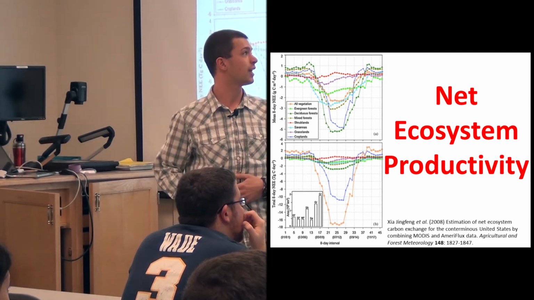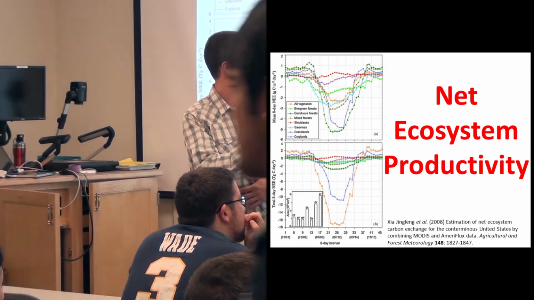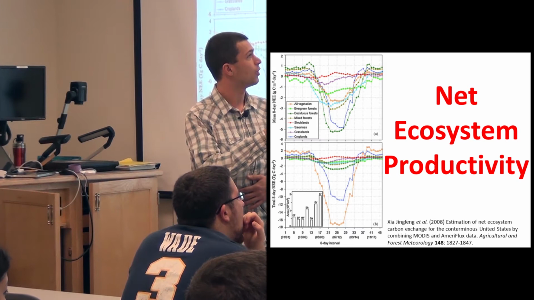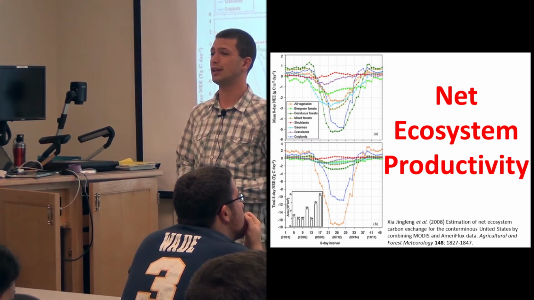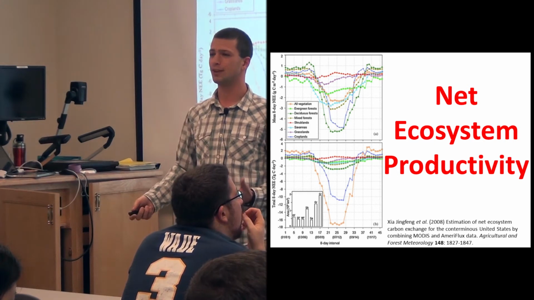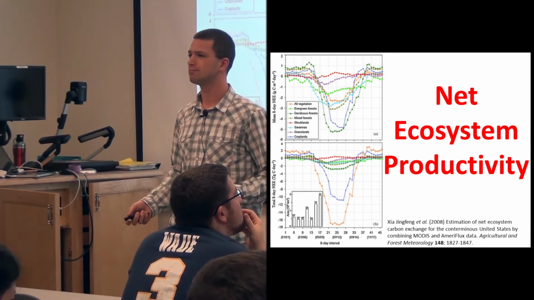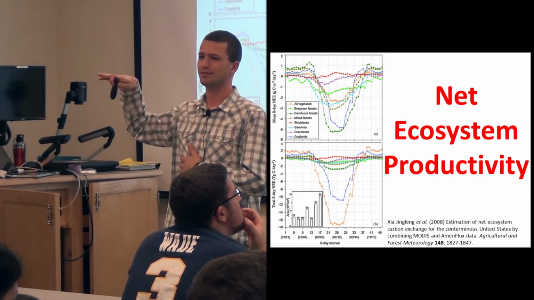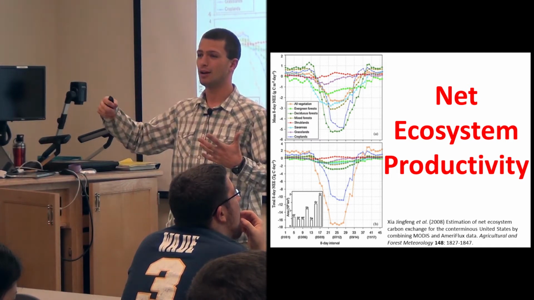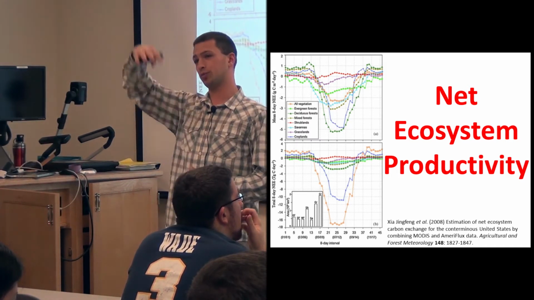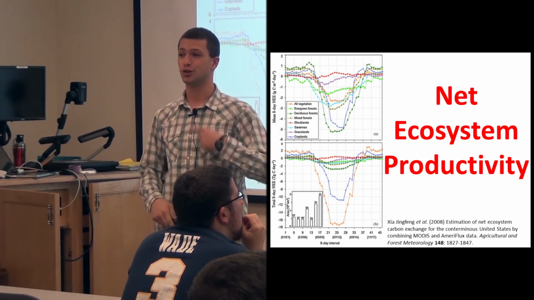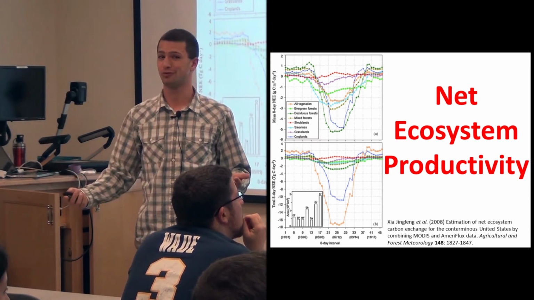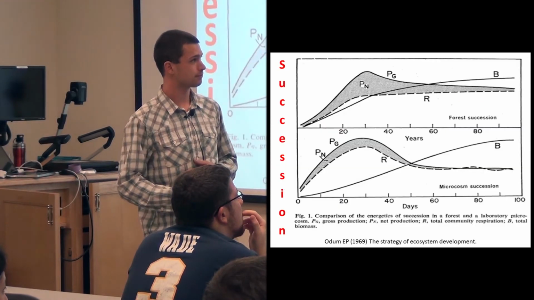The red line is shrubland. Right up at the top there, though, is tropical rainforest. You think tropical rainforests are really super productive, but actually, once they're at maturity, they basically just stagnate. They have a lot of stuff there, but they respire just as much as they take in, and they're basically stagnant. So once you have a mature tropical forest, it's not doing much for sequestering carbon.